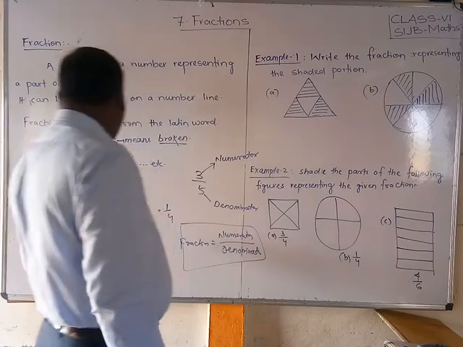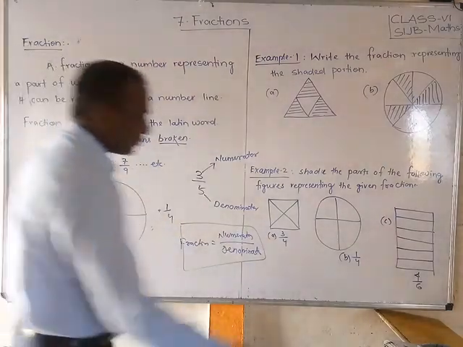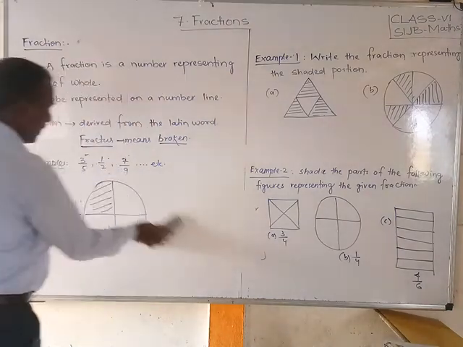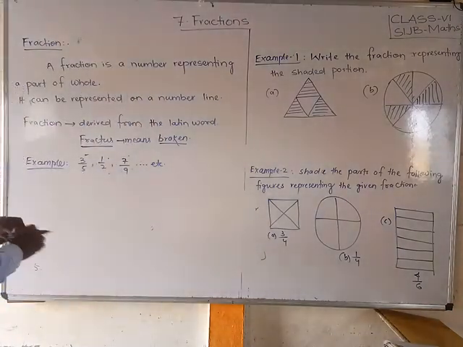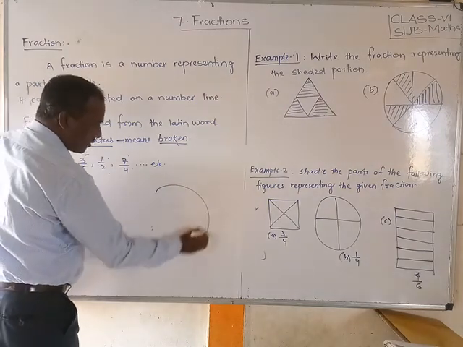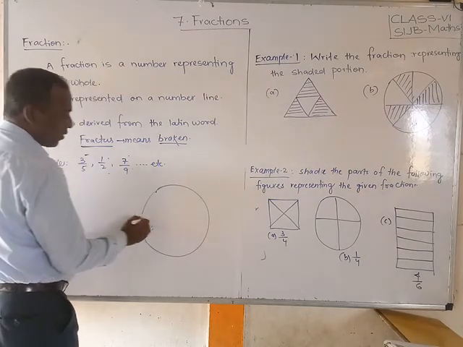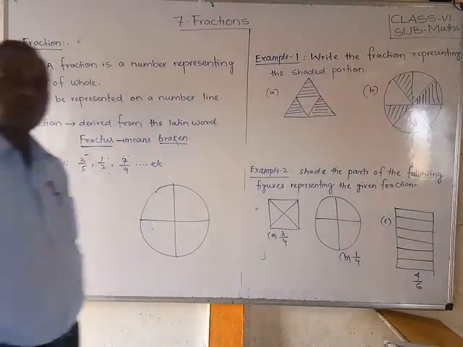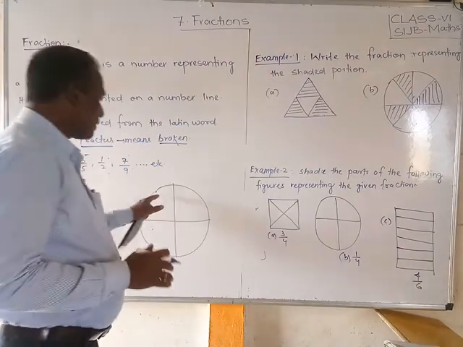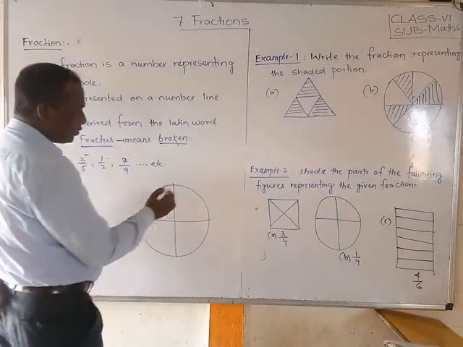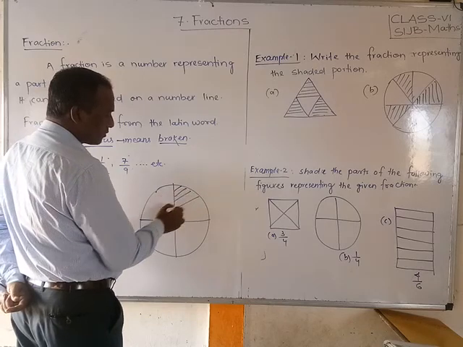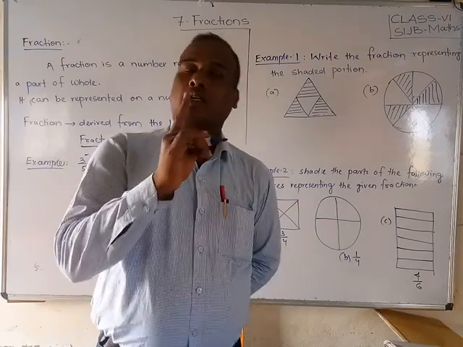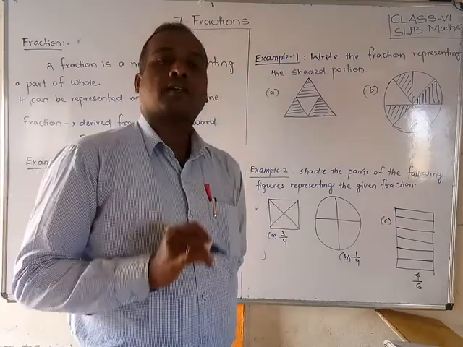Students, suppose I have drawn one picture here. You observe. What is this? One circle. I have made equal parts, 4 parts in total. The whole is divided into 4 parts. Now tell me, how many parts have I shaded? Only one part. Out of 4, one part I have shaded.